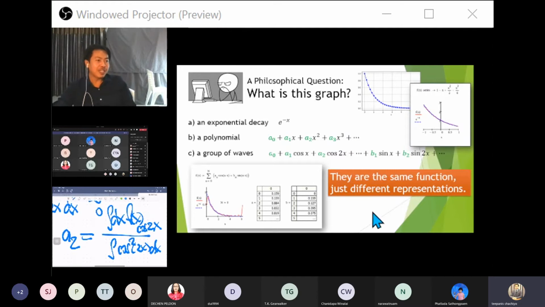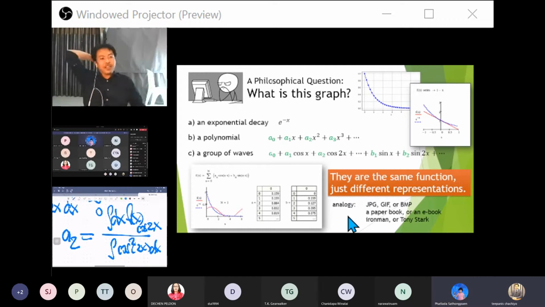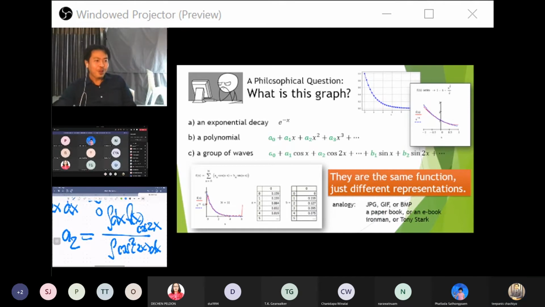So they are the same function just different representation. Okay, so I have this analogy. You know this picture, they can have many format. You can think of it as a JPEG format or GIF or BMP, they are the same picture just different format. You can have a book in paper or an ebook. You can have this Iron Man or Tony Stark, they are the same person just different representation. So I hope